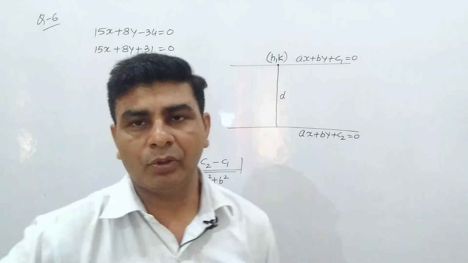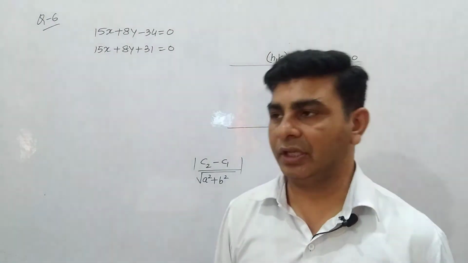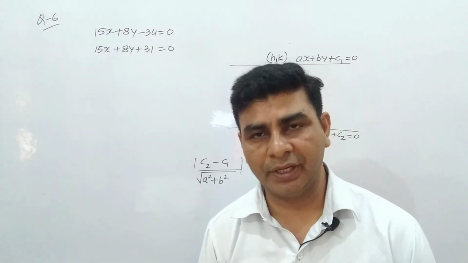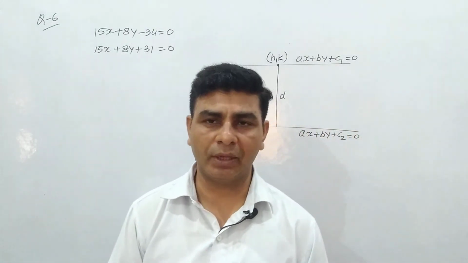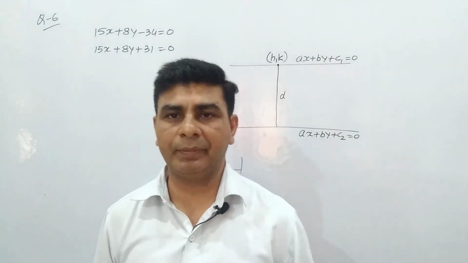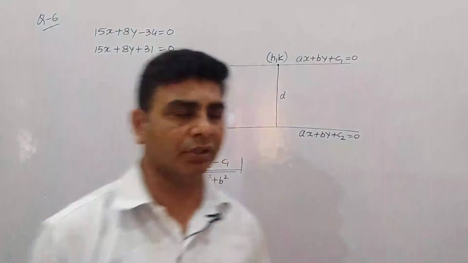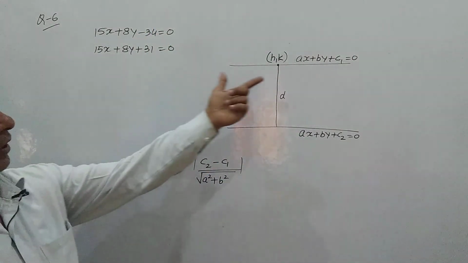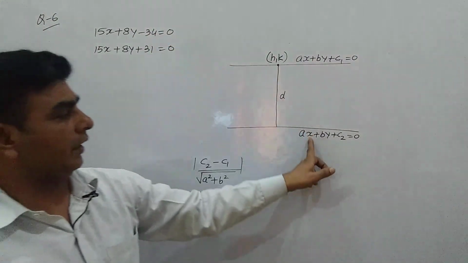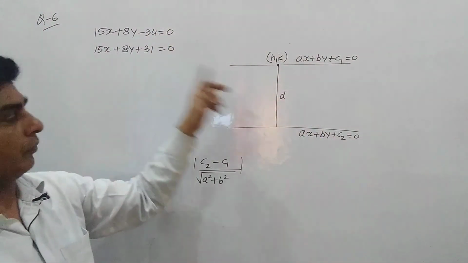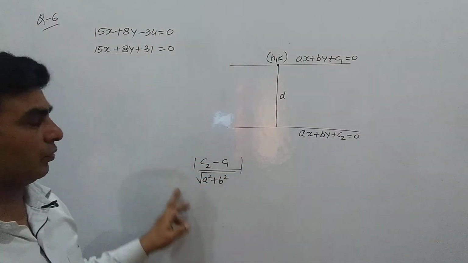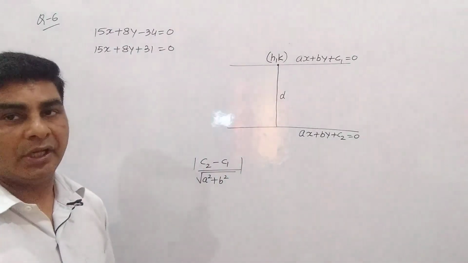और मेरे प्यारे बच्चों, आप लोग इक्वेशन को देखते ही पहचान सकते हैं, चेक कर सकते हैं कि लाइन पैरेलल है कि नहीं। उसके लिए आप चेक कर सकते हैं x और y के जो कोफिशिएंट्स होते हैं, x और y के कोफिशिएंट जब आप कभी भी मिलेंगे, they will be proportional to each other or equal to each other. इक्वल मिलेंगे या प्रोपोर्शनल होंगे, it means the lines are parallel to each other. सो ये दोनों लाइन पैरेलल हैं, और ज़रा कंपेयर करेंगे तो this is ax plus by plus c1 is minus 34, and ax plus by plus c2 is 31 is equal to 0 given to you, and the distance in between these two parallel lines is given by this formula: c2 minus c1 upon the square root of a square plus b square.